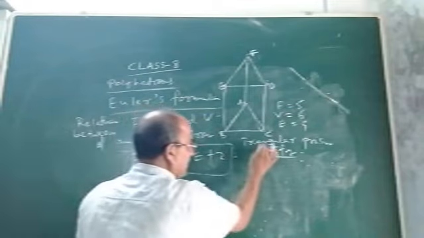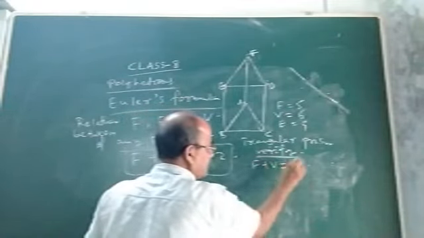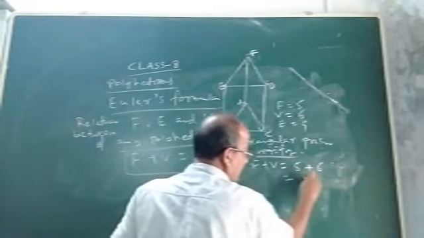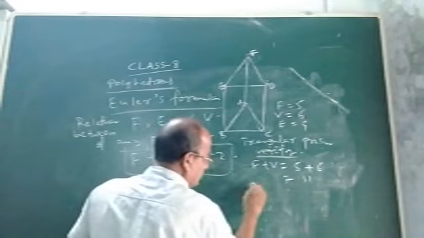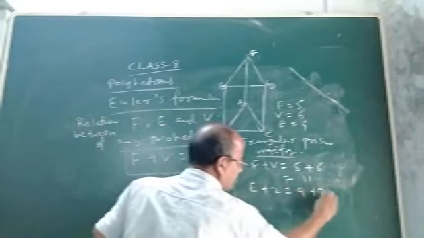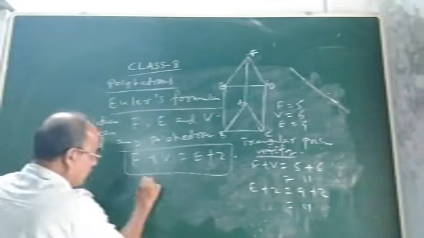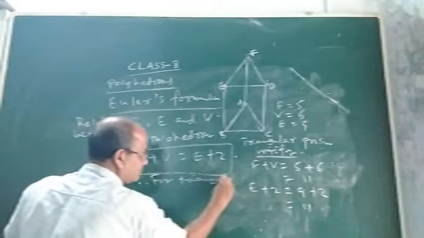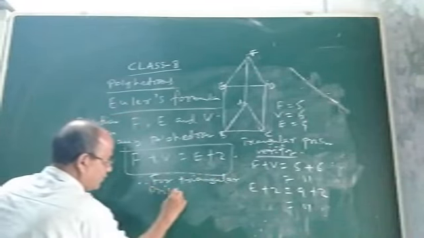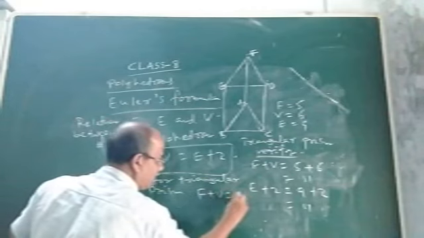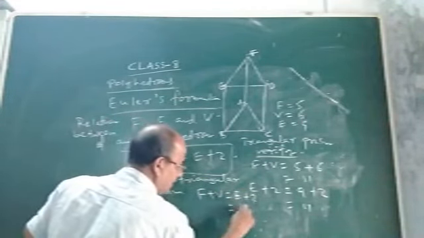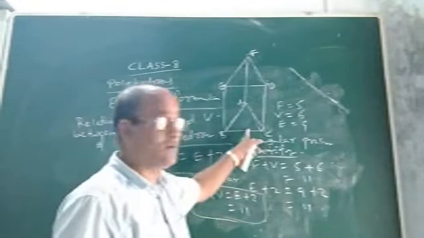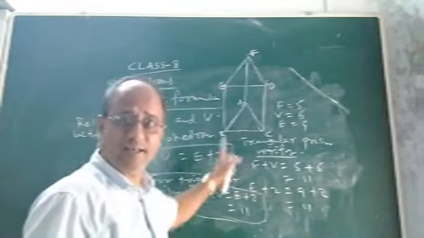Let us see. First, for the triangular prism, find the sum of faces and vertices. Faces is 5, vertices is 6. 5 plus 6 is 11. Then you add edges plus 2, that is 9 plus 2, which is 11. So for the triangular prism, F plus V equals E plus 2, which is equal to 11. So this triangular prism satisfies Euler's formula and hence it is a polyhedron.